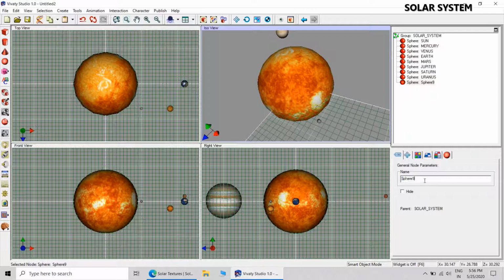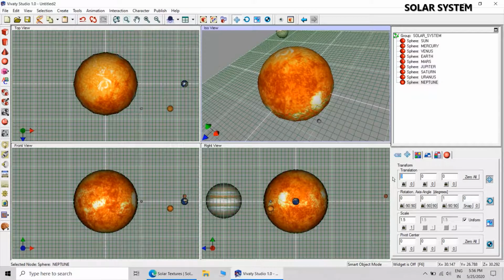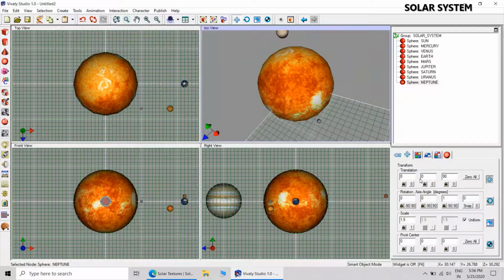And let us complete this solar system with creation of Neptune. Its size scale as compared to Earth is 1.5. Bring it to absolute 0, 0, 0, and then give the appropriate coordinates of x, y, and z: x0, y0, and z90.